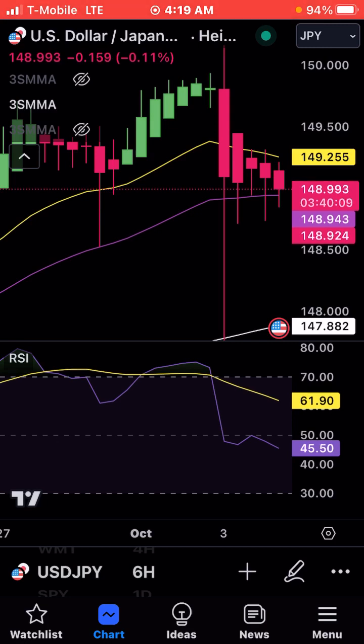The moment the RSI crosses in that direction, I open. I get in as soon as I see the cross, and I exit as soon as the candle closes. That is all I do. That one 6-hour candle is all I focus on. I don't focus on any other direction. I only focus on that